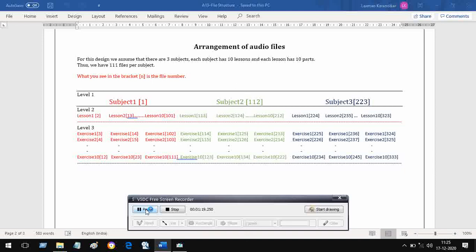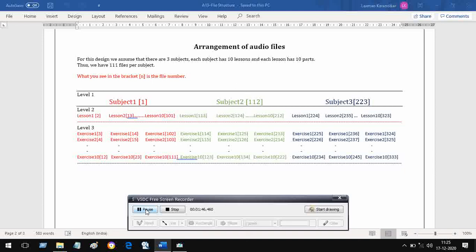Level 2 files are also short because they only tell you this is subject Hindi lesson 1 or subject English lesson 3. All those files will contain this, so that the user knows what is to be expected, whether the user wants to select that particular lesson or not, or that particular subject or not.